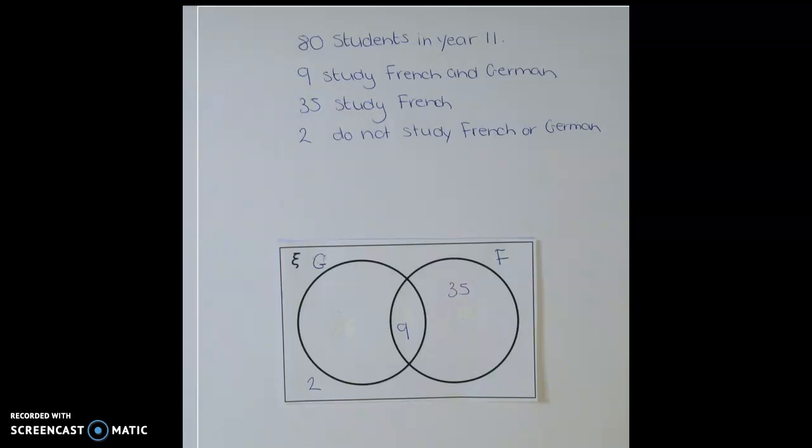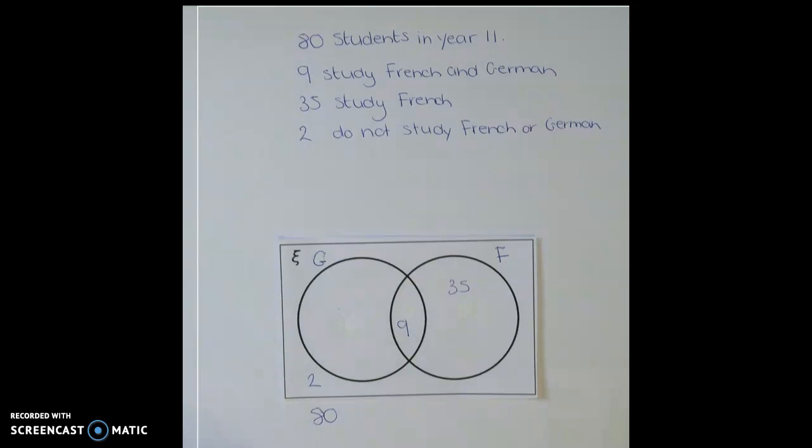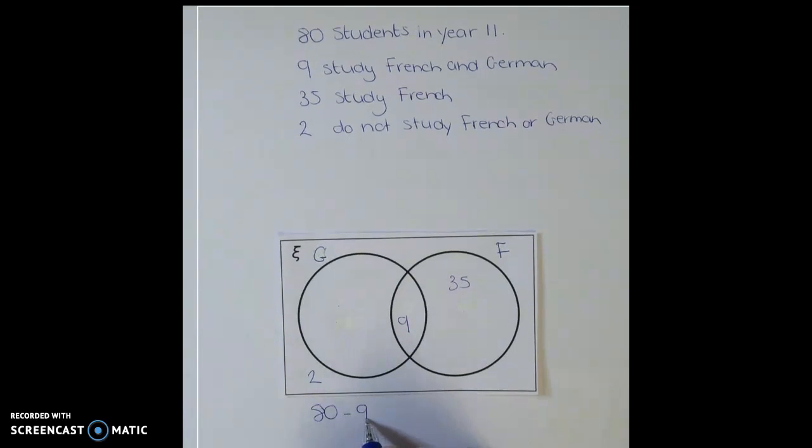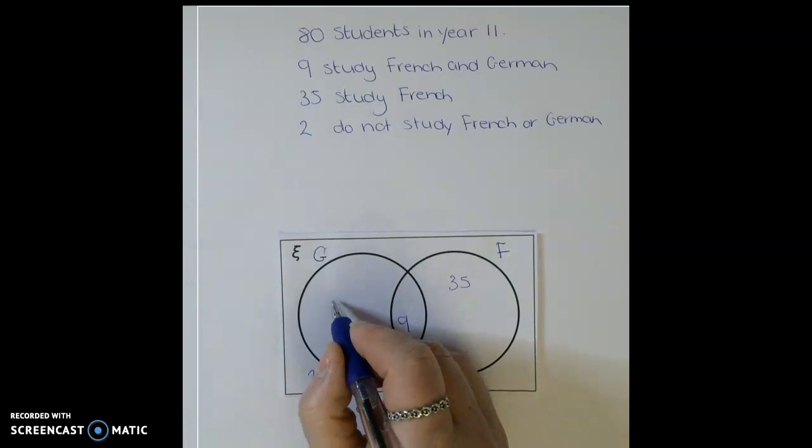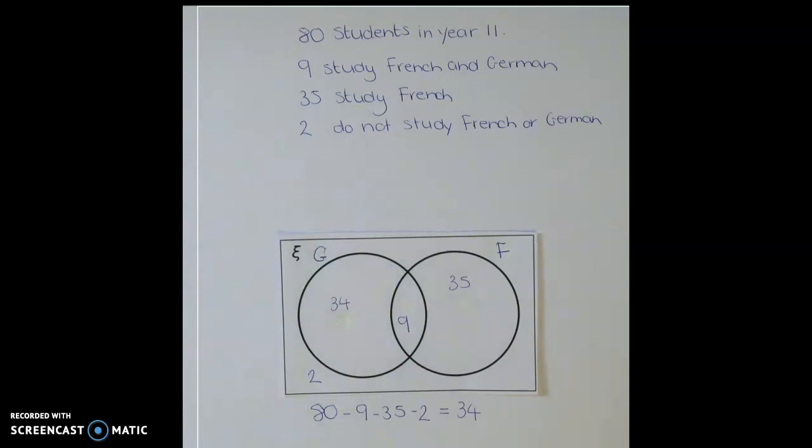So now we have enough information to work out how many of these students only studied German. So we start with 80 students, and we know that 9 of them study French and German, 35 of them study just French, and 2 of them don't study French or German. So we can then take them away from 80, and that will give us 34. So we now know that 34 students